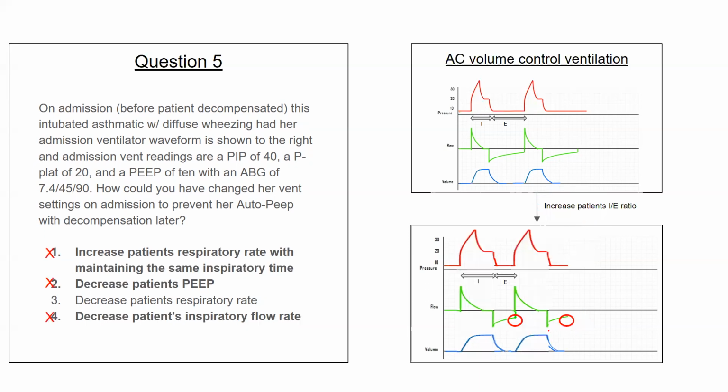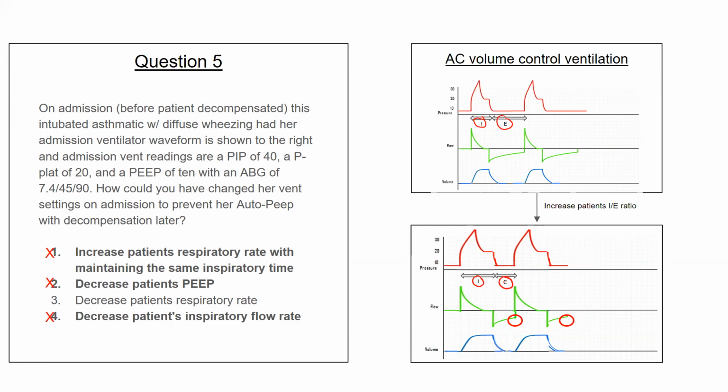All right, and then the last one is decreasing the patient's inspiratory flow rate. If you decrease the inspiratory flow rate, then these patients, so here's their inspiratory time and expiratory time normally, and here's when you decrease the inspiratory flow rate. When you do that, it's going to take a longer time to deliver a full volume controlled breath, which will make them spend a longer time in inspiration and a shorter time in expiration, which is actually going to